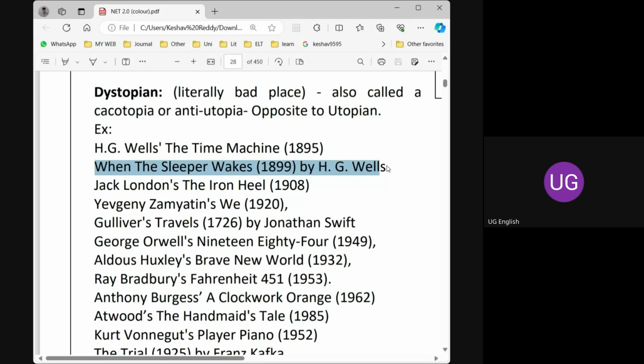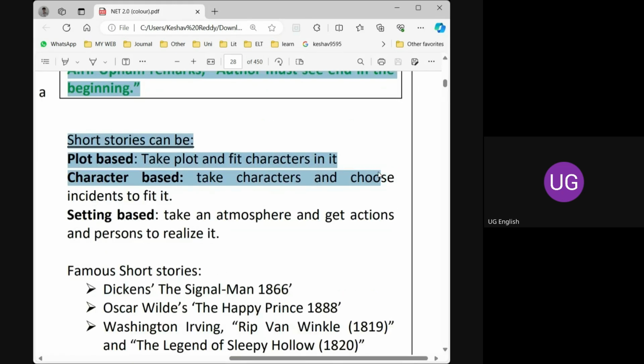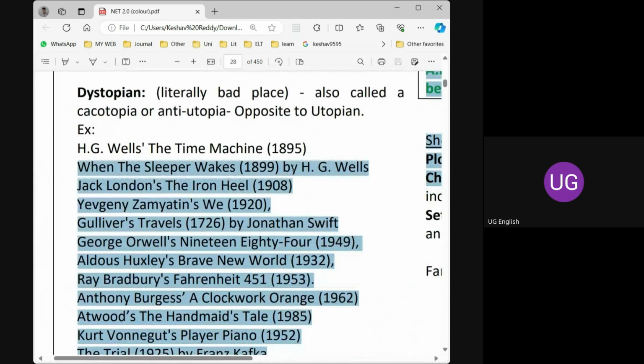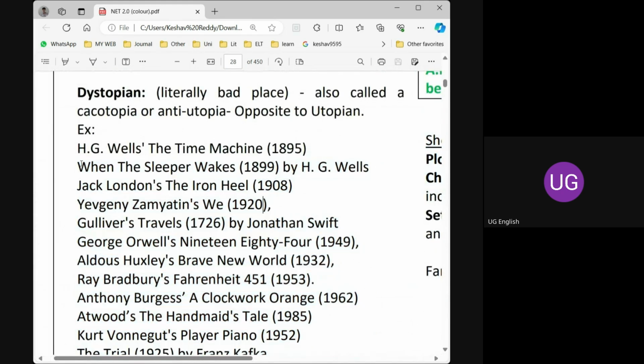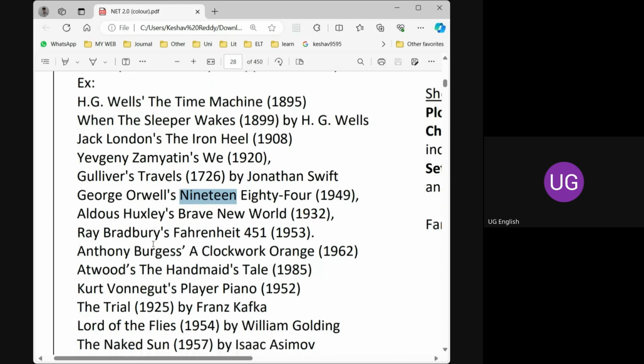The main hero drinks a wine, and he wakes after 200 years and becomes rich in the world by his money in the bank. Very interesting novel by H.G. Wells. Gulliver's Travels, 1984. We have 1984 by George Orwell, and Bradbury's Fahrenheit 451, a very important work in which the